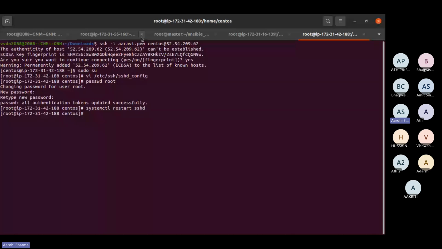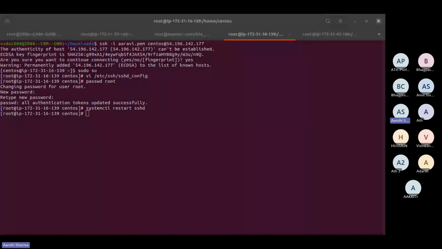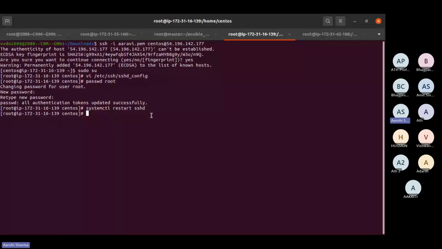And guys, my next requirement is that I need to work with the Ansible file, right? So what I'm going to do with this, just give me a moment. I'm just making the tar.